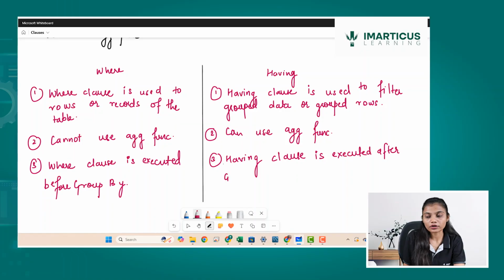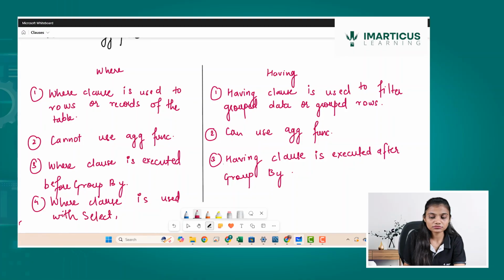When I talk about where the where clause is used, it is used with select, insert, update, and delete statements. So the where clause is used with the select queries which we saw here, update and delete statements.